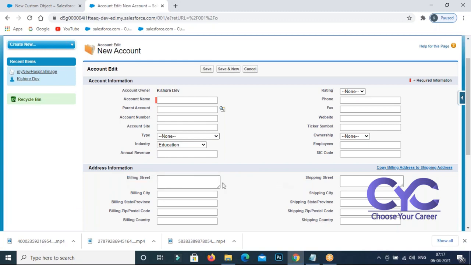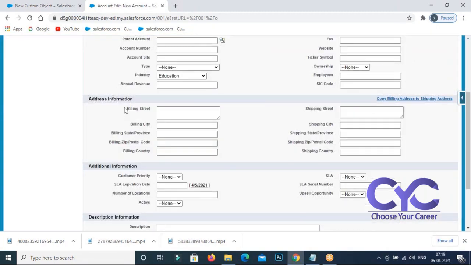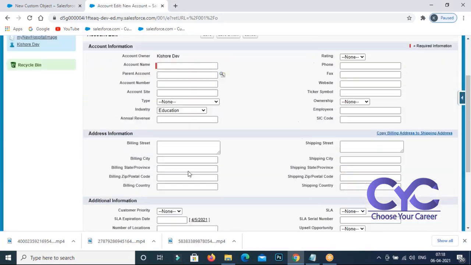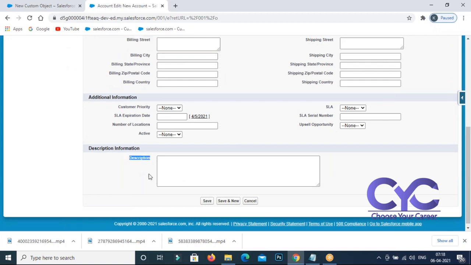Actually, no, my requirement is not text area here. I want the text area long. Long means description. Can you find it? It is text area long data. Paragraphs you can type here. Means the field has been changed from text to text area and text area to text area long.